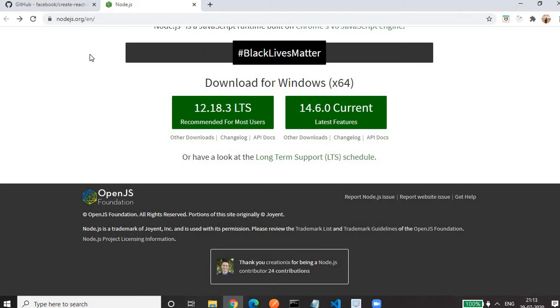Third thing, we need, while developing, a server, a live server in which we will host our application. As a developer, we should see whether what we develop is working or not on our local machine, in our local server. So we need a local server or a development server. These three things are most important for creating a React application.